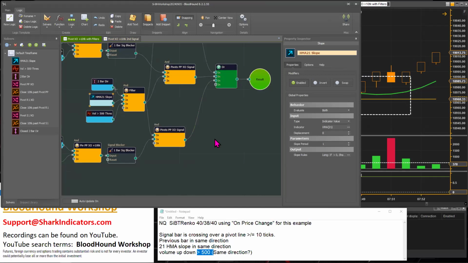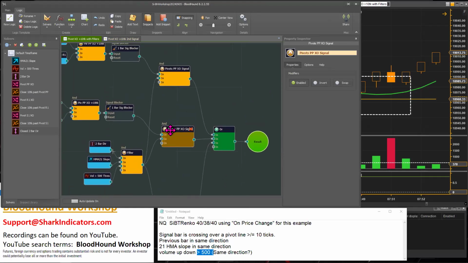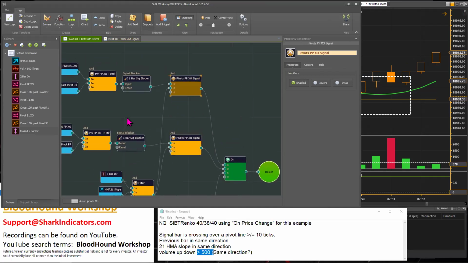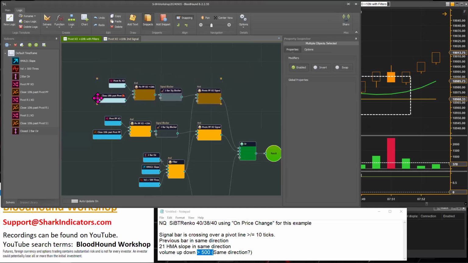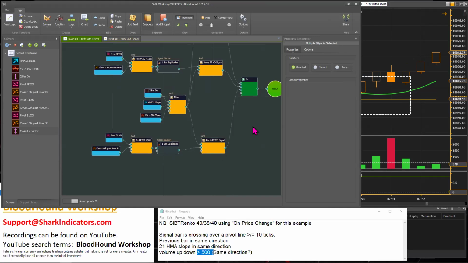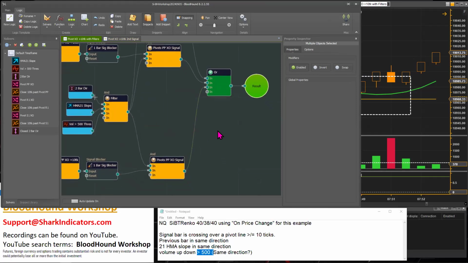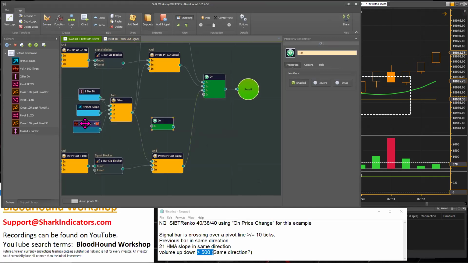Right, so what I can do is move that down, and I'll move that up and move that up. There, sorry, doing a little bit of node management here. There. All right. So what we can do is add another OR node, and we can take our volume condition, feed it into the OR node,